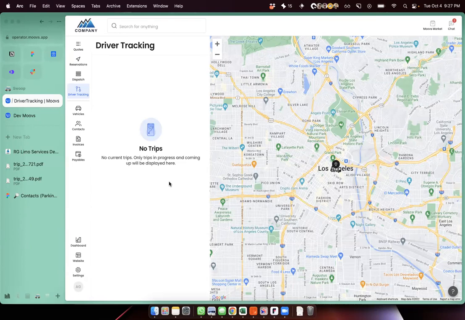We do have on our driver app roadmap the ability for you and your drivers to create that relationship. What it does come down to is the rules and regulations and the relationships that you have with your drivers, because obviously, as you know, drivers need to know if they're being tracked, and if that's something that you and your drivers establish, our platform can do that. It's just a setting that we're going to have to enable for you specifically and your drivers, so that whenever they open up the driver app, they'll go to the top, activate their location, and then you'll get to see them on the map.